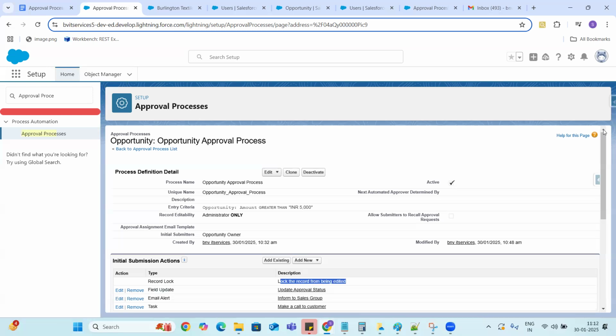That's it for today, guys. That's it about the approval processes, and the same terminology we will see in flows also, but it's a little bit different. The only difference is that an approval process will be invoked only if we click on the submit for approval button. No other cases can call these approval processes. But flows are different. There are multiple ways you can invoke these types of automated actions, which we will see in the flows.